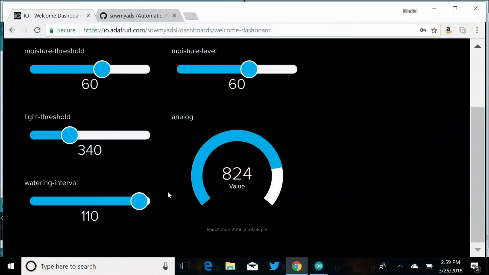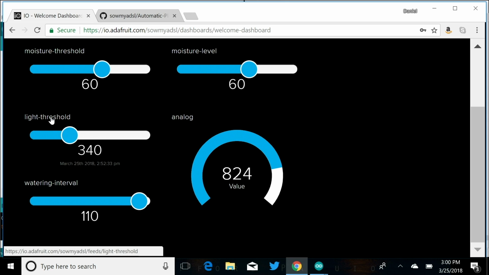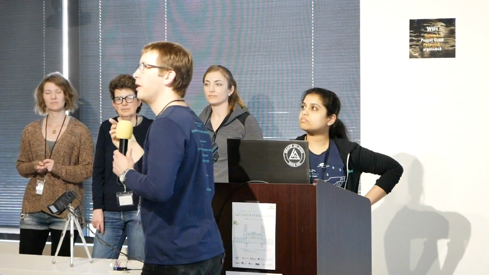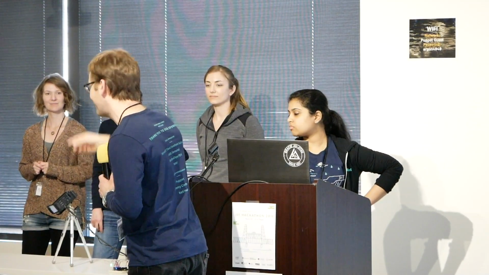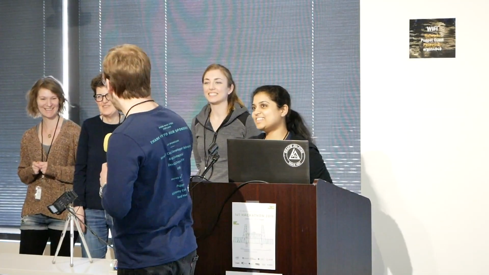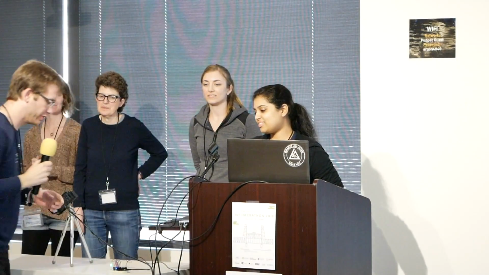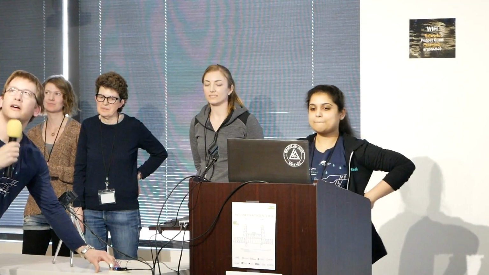When we're determining the conditions our plant is going to thrive in, we're going to have a moisture threshold, which is the minimum moisture it would need in percentage. Light threshold, which is how much light it's going to need. In this demo, it's instantaneous, but we would average that probably over a day, so many hours per day. And then the watering interval is how often the user is going to be watering. When the user goes to water their plant, they would push the button on here,